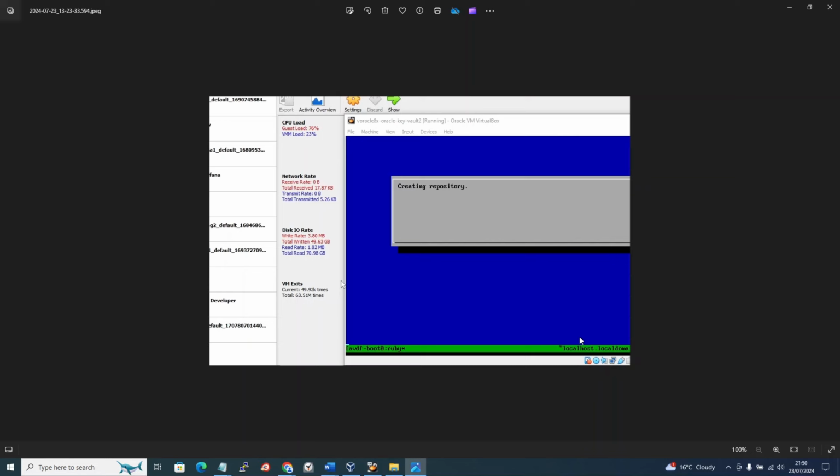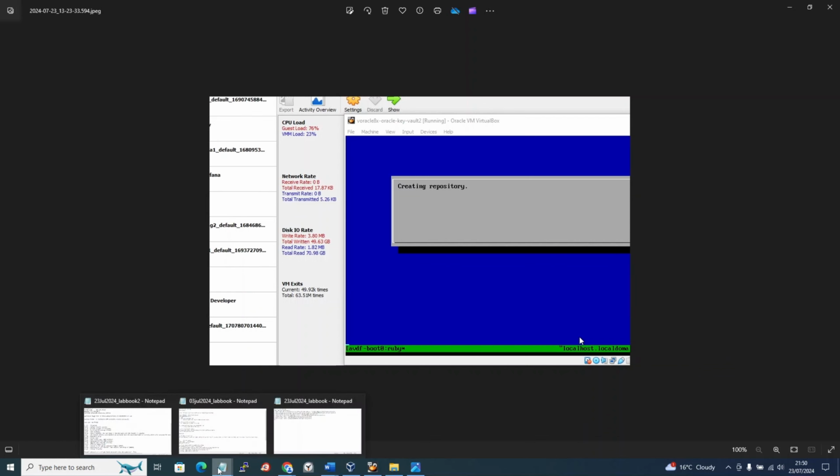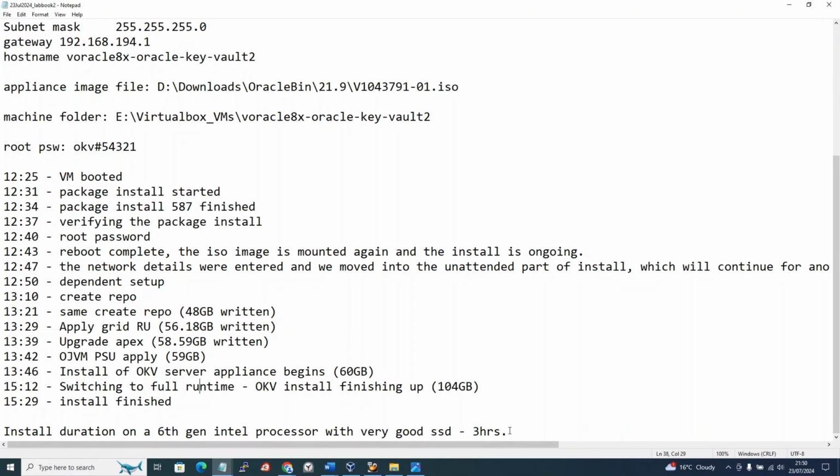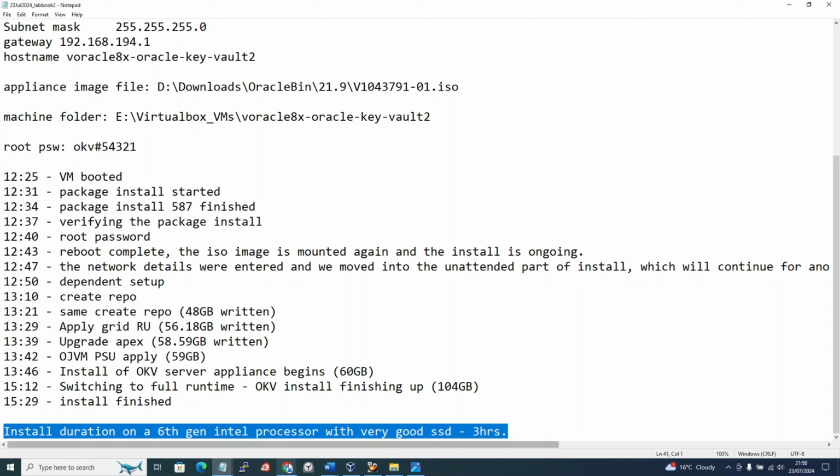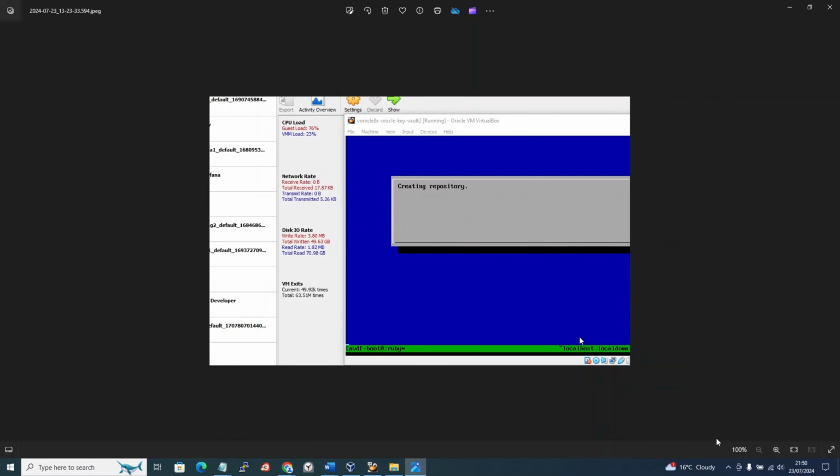Because this installation is really very long. If I show you this, you will understand. You see here, it took nearly 3 hours, install duration with a 6th gen Intel processor with a very good SSD. It took nearly 3 hours. Alright, so let's go on, and you can see this is the initial step, maybe 50 GB you see here,